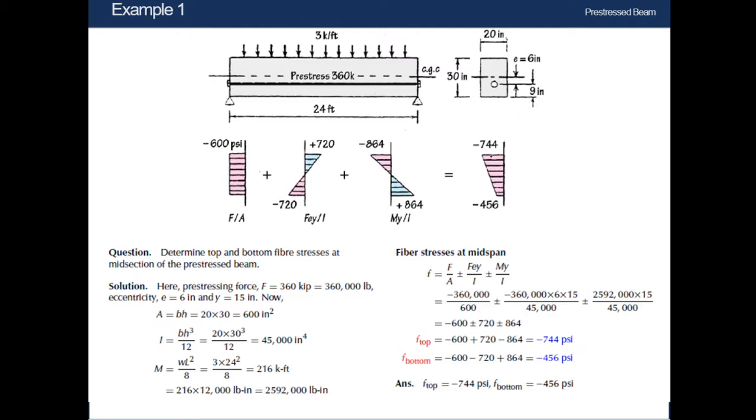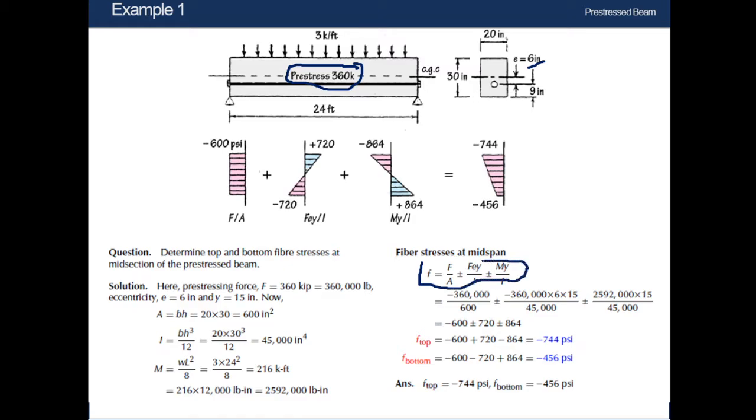Let's see example 1. Here we can see an eccentric tendon. The eccentricity value is given as 6 inch. The cross-sectional area is given as 20 into 30, and now the pre-stress is given as 360 kip. That means the compressive force that is going to be applied here is 360 kip. Now we can also see here the external loading as 3 kip per feet. So firstly, we can write the full formula to calculate the stresses,